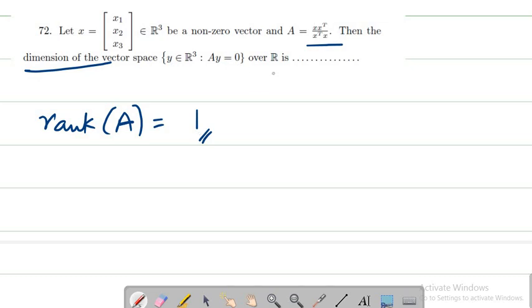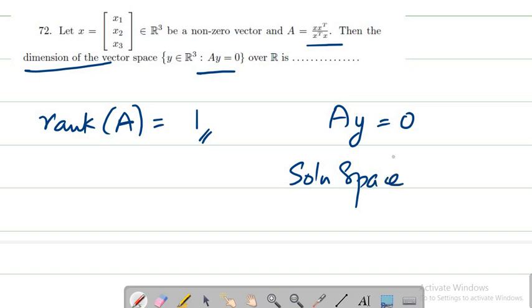So from that idea, you just think of a system of linear equations in which you have the form Ay equal to 0, and we need to find the dimension of the vector space, the set of all y for which Ay is 0. That means you have to find the solution space of this particular homogeneous system of linear equations. And in this case, we know that a solution always exists. And since the rank of A is 1,